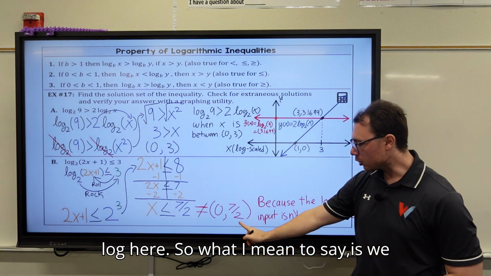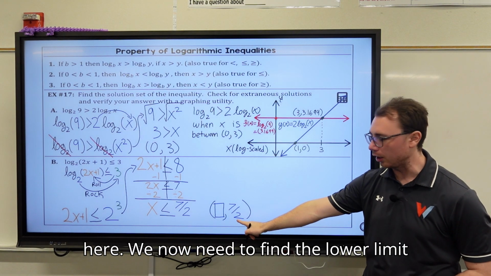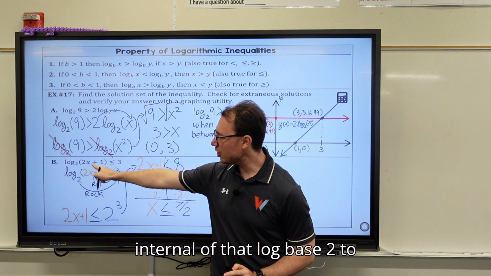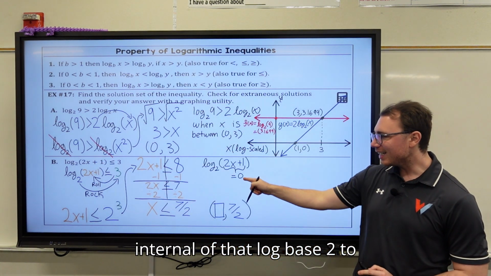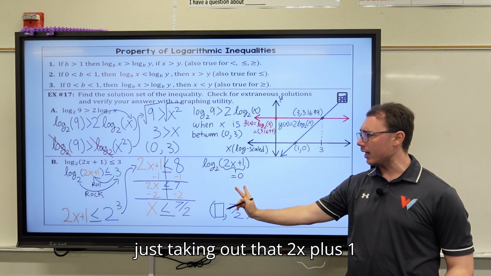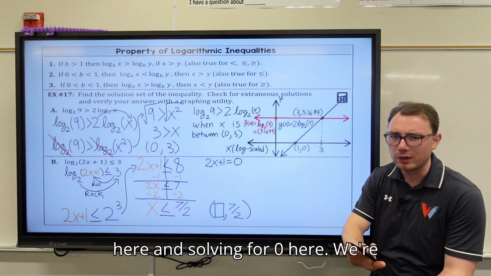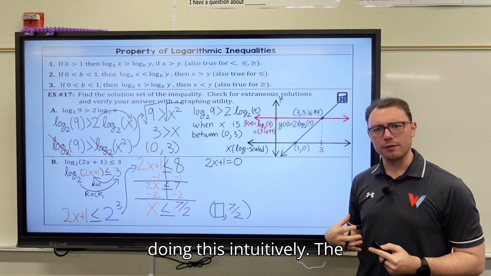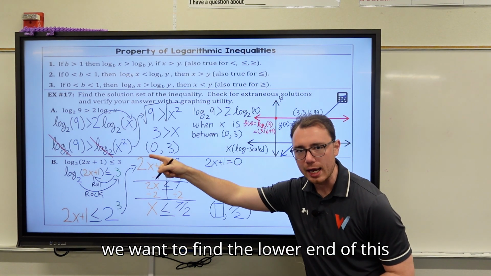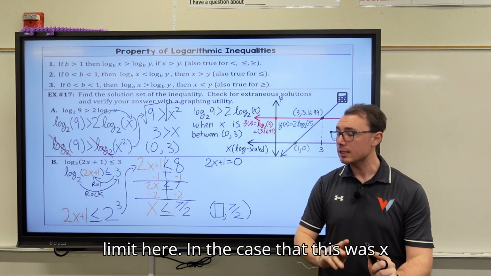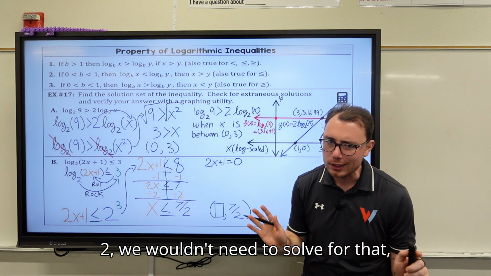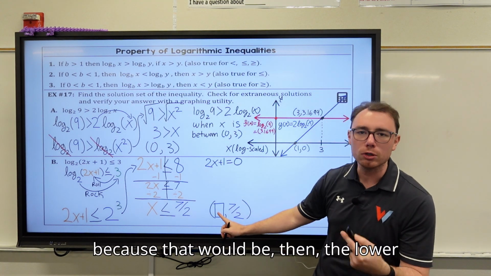So we found the upper limit for this interval. We now need to find the lower limit by solving the internal of that log base 2 to equal 0. To do that, we're just taking that 2x plus 1 and solving for 0. We're doing this intuitively. The reason we're solving for 0 is that we want to find the lower end of this limit. In the case that this was x is greater than or equal to 7 over 2,